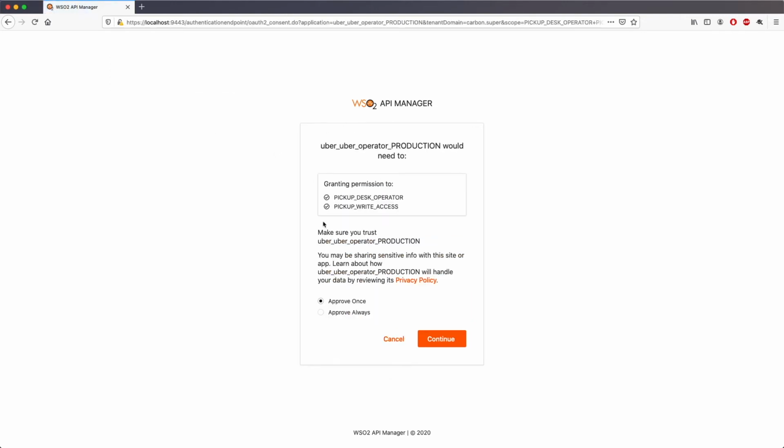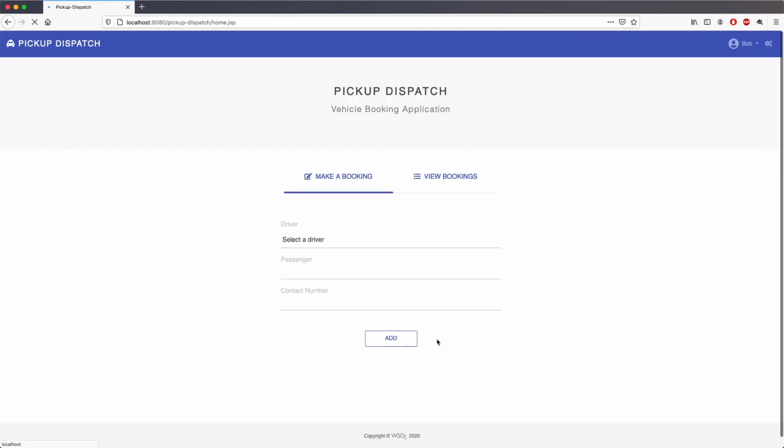Once the login succeeds, you could find that the user will be given the consent of the scopes, the role scope that is associated, and the permission that is granted. You can click continue, and then it will be directed to the web application.